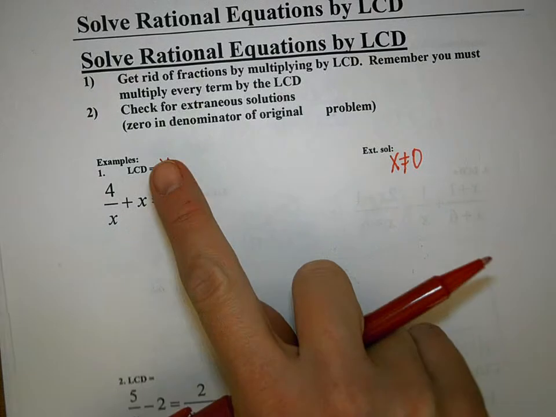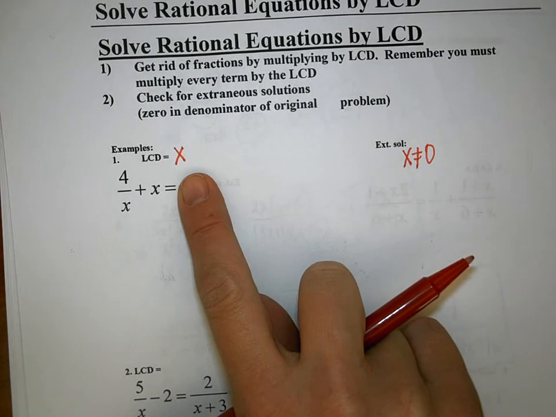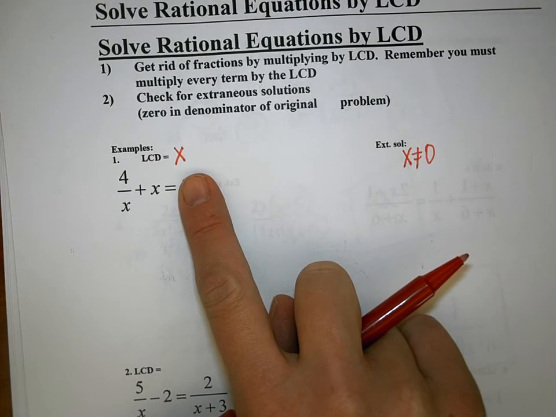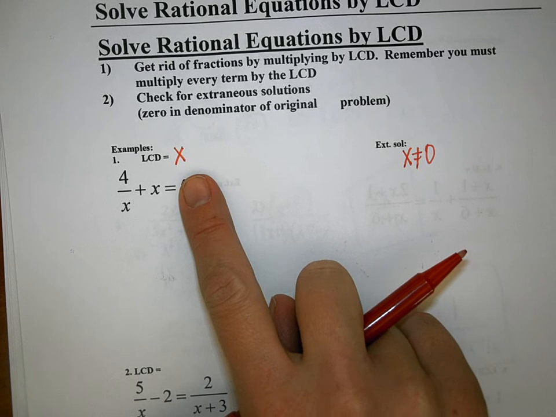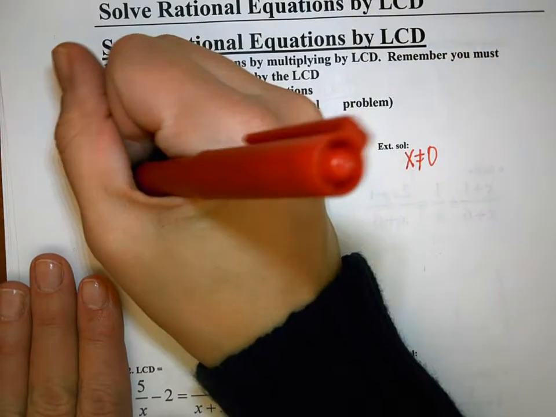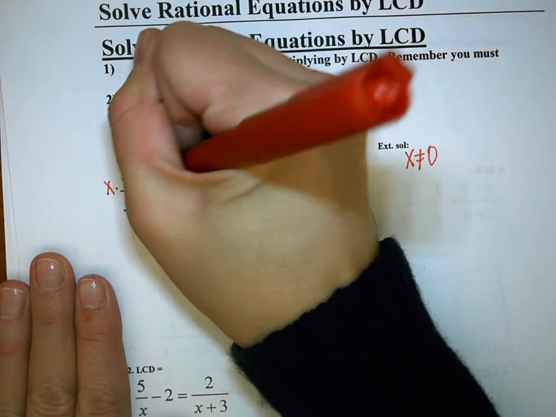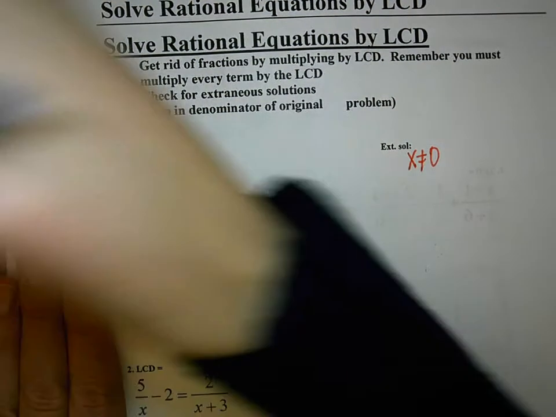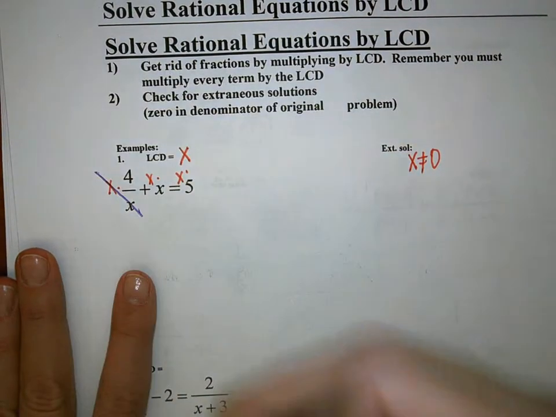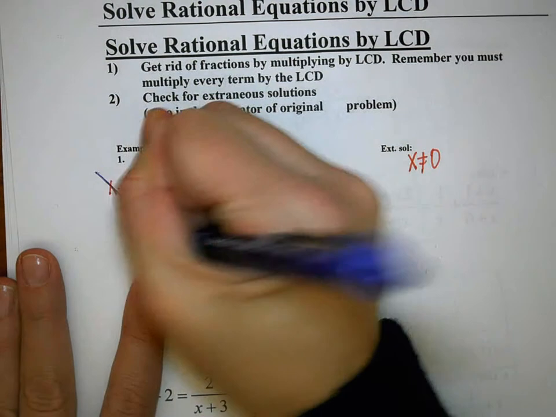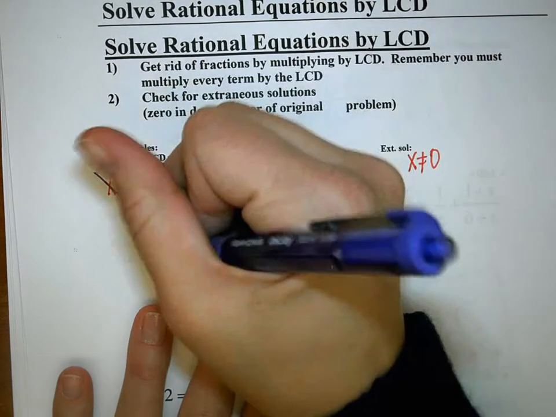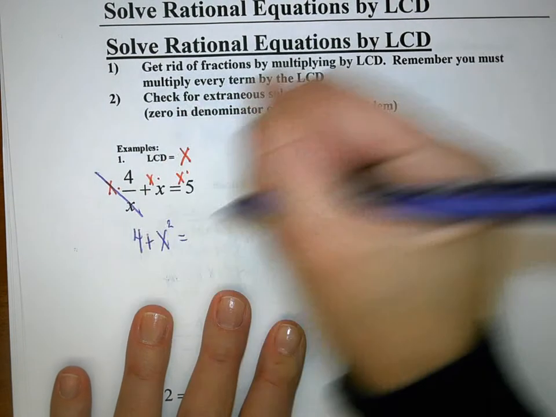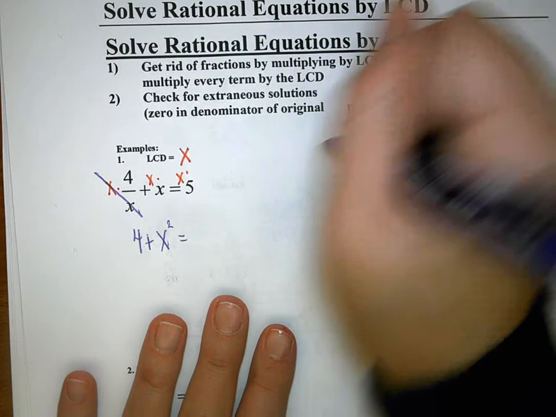Okay? So now that we know our LCD is x, in order to get rid of your fractions, what do we do? Good, you multiply every single term by x. Okay, when I do that, here the x's cancel out and we're left with 4 plus x times x is x squared equals, and x times 5 is,